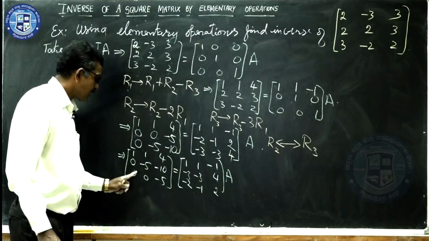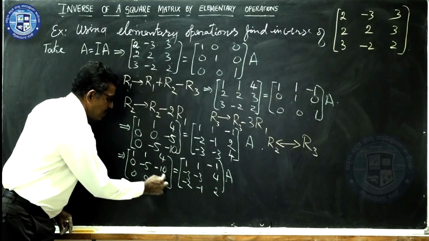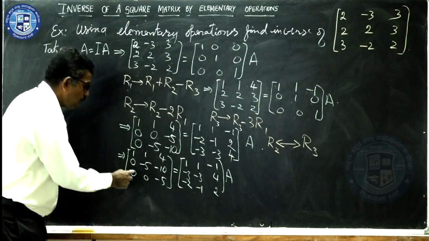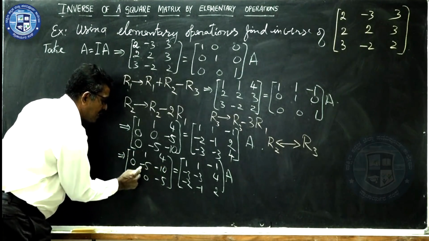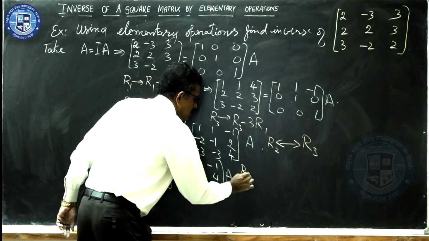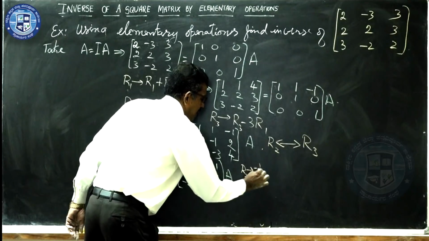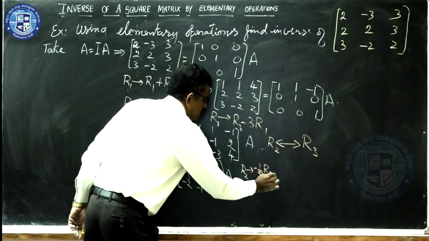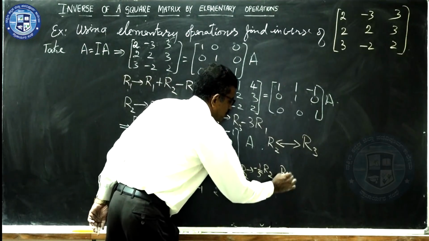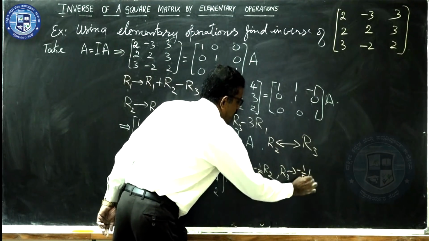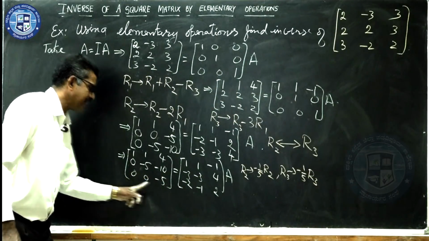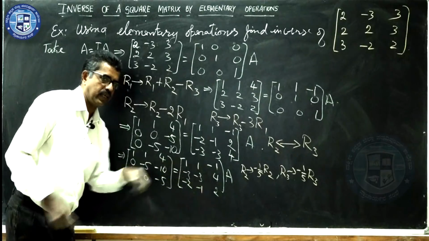Okay. Now, just after this, we have to make this element 1. Please tell me how we can make this element 1. How we can make this element also 1, this element 1. Therefore, what I do here, to the second row, you multiply by minus 1 by 5 times second row. Multiply the third row also, minus 1 by 5 times third row. You divide by minus 5, divide this also by minus 5. It should be done here also.